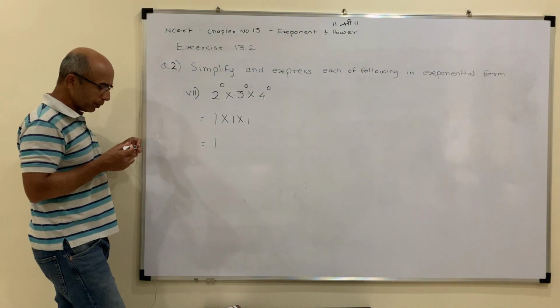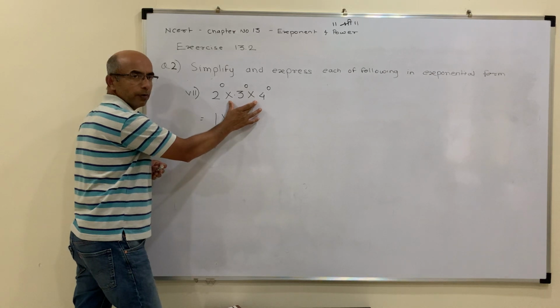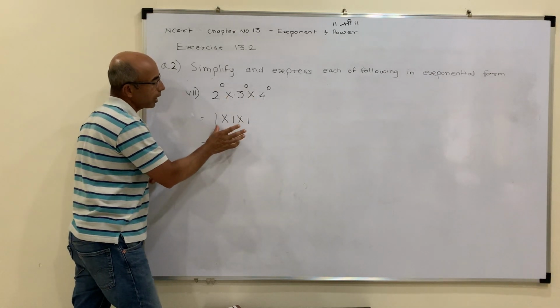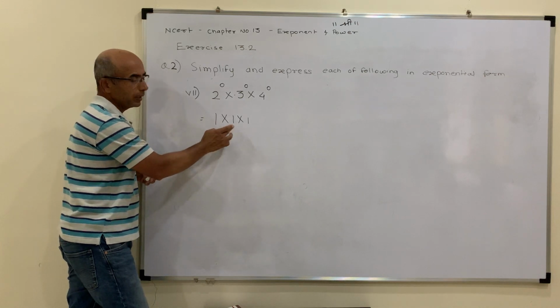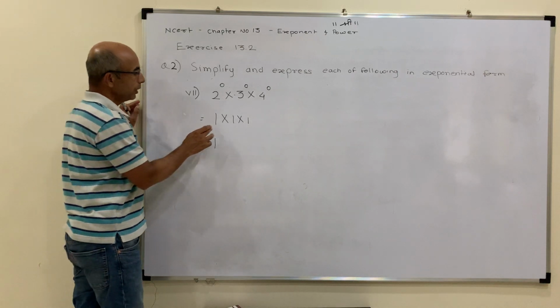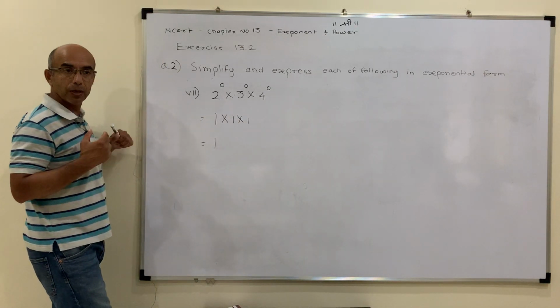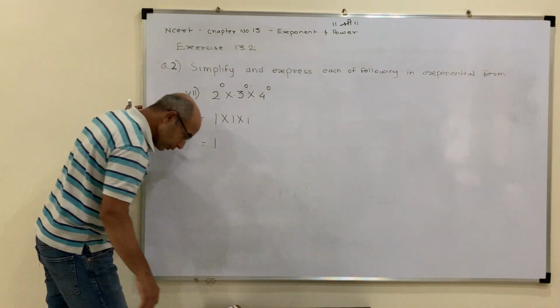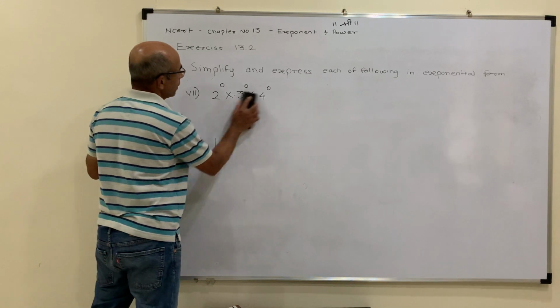Last time, in the last problem, it was a plus operation between them instead of a multiplication. So our answer came 1 plus 1 plus 1, 3. But this time there is a multiplication. So you need to give 100% concentration for this kind of problem when they appear one after another.